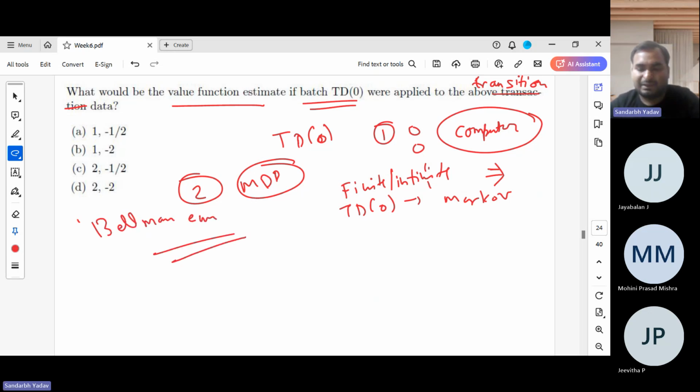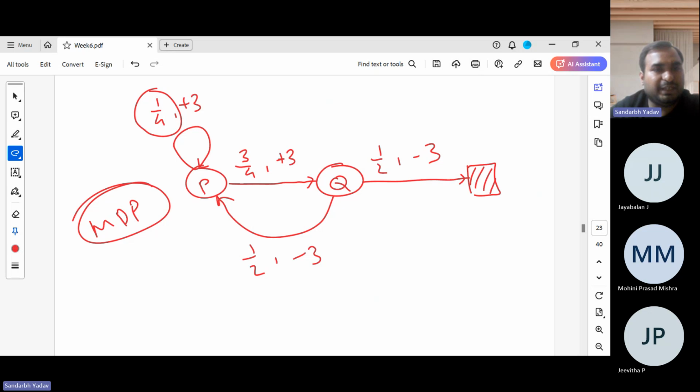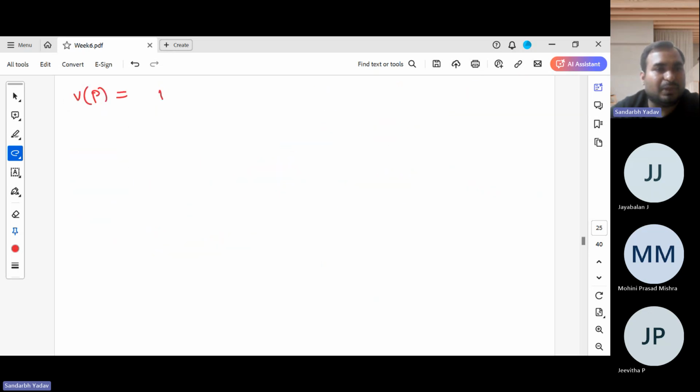Right? So let's do this Bellman equation. Maybe I'll start for P, or maybe I'll move to the next slide. Value of P. So what is this? First we will have transition probability, right? From P, we were moving to P with 1/4 probability, and we were moving to Q with 3/4 probability. So 1/4 plus 3/4. This is the summation over transition probability to the next state. So these two are the next states. There is a terminal state also, but you can write 0 plus 0 multiplied by whatever.